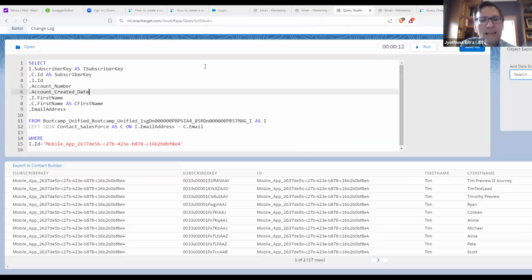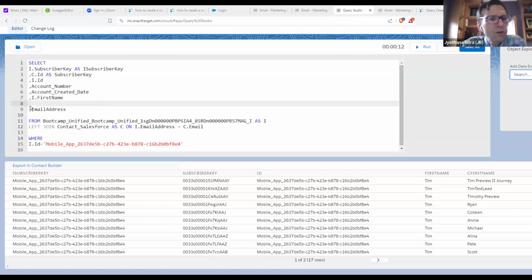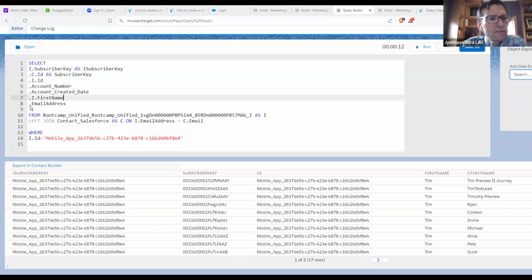But when you look at the data down below, you can see first name, which comes from the unified, and then the contact first name. Which one would you prefer, the contact first name or the unified? The unified. Okay, so if you delete line 8,